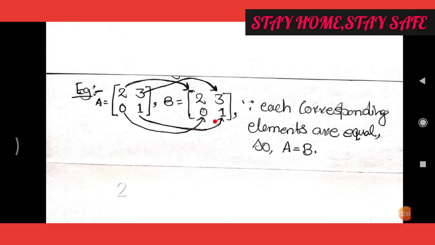By comparing them, we can see that the corresponding elements are equal in both matrices, meaning each corresponding element is equal, so A is equal to B. Mind you, my friends, if two given matrices are equal, then they can be written as A equals B. It cannot only be A and B, it can be any alphabet, but it should be a capital letter, as I have told you in the introduction itself.